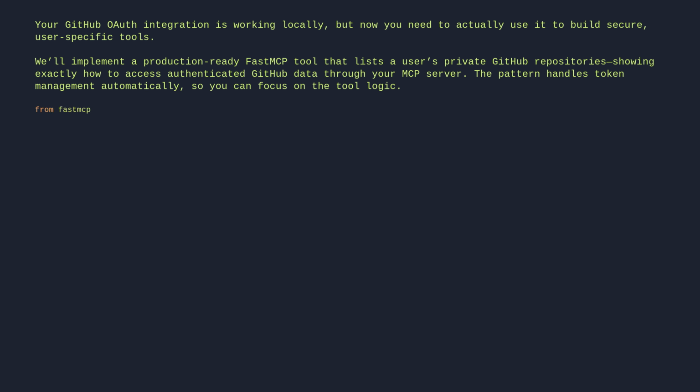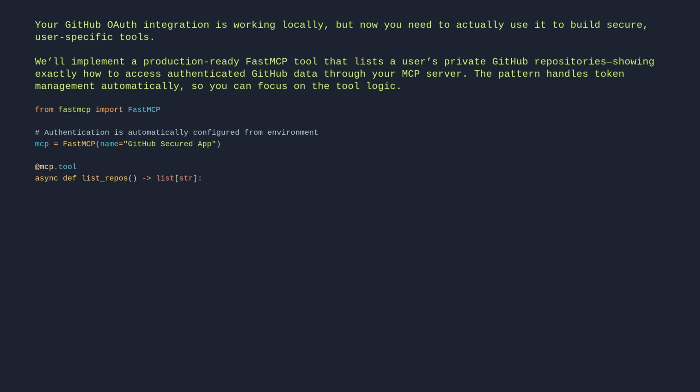From fastmcp import FastMCP. # Authentication is automatically configured from environment. mcp = FastMCP(name="GitHub Secured App"). @mcp.tool async def list_repos(): """List the authenticated user's repositories.""" # Your tool implementation here. pass